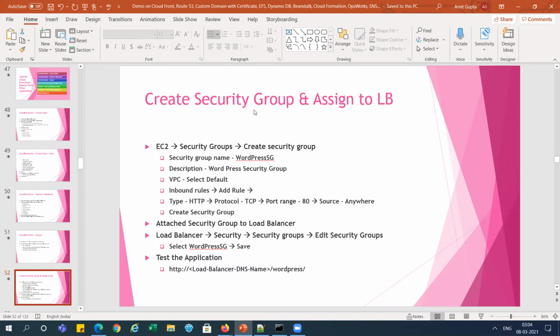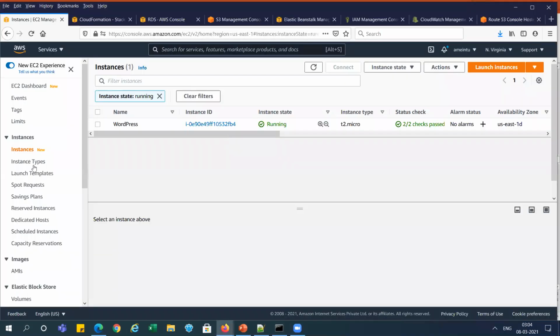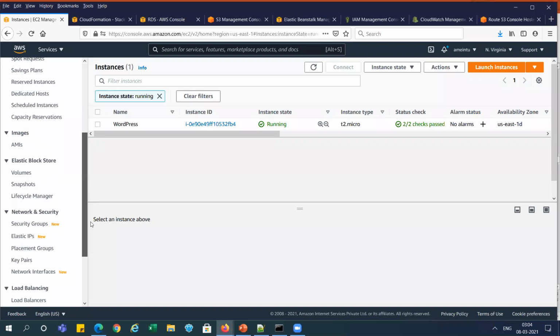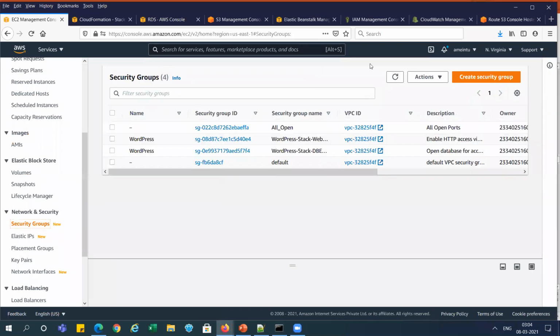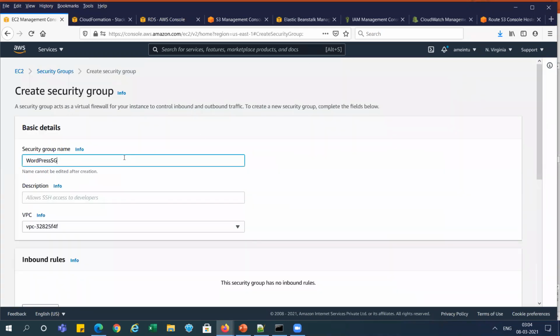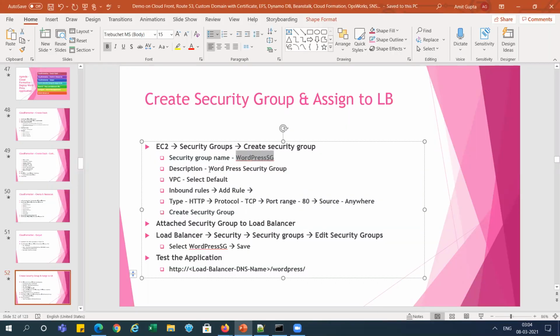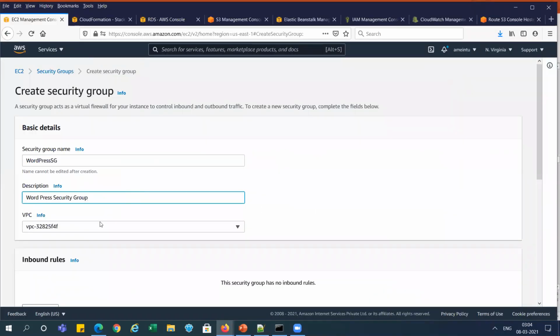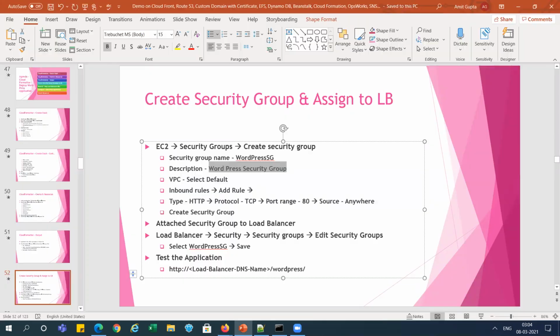Now next we need to create the security group and assign it to the load balancer. So first we need to go and create the security group. You can see here the security group. So I'm creating a new security group, the WordPress security group, VPC default, right?